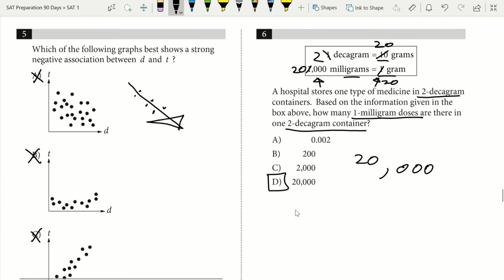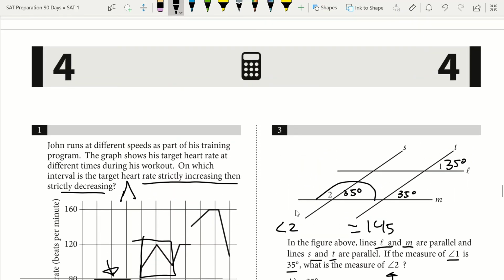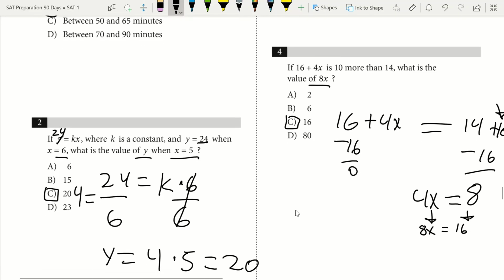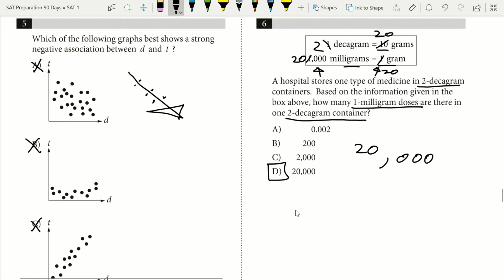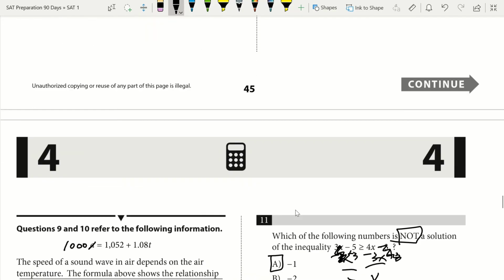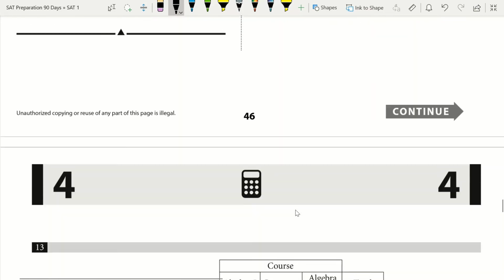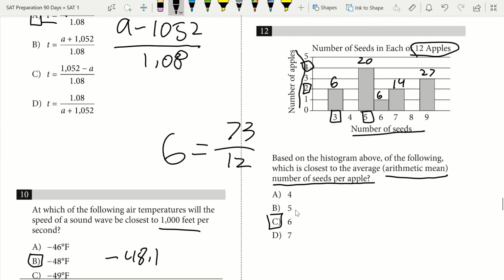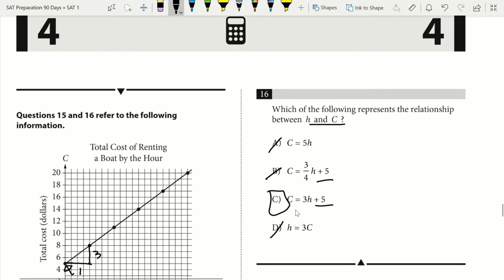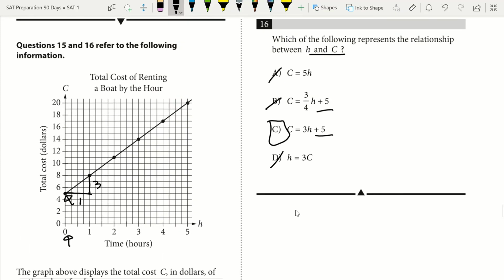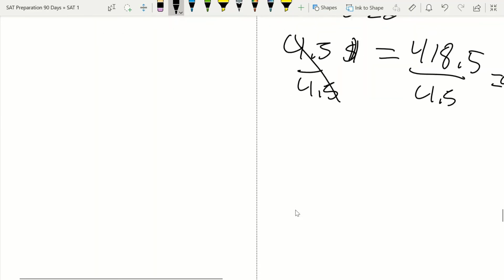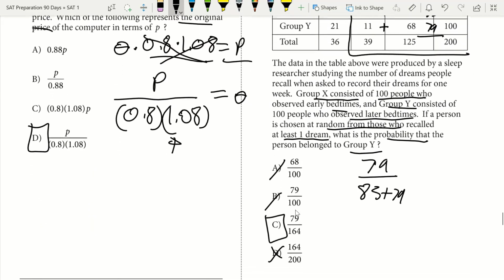So what I'm going to do is check that bubble sheet. I'm going to go ahead and account for that time right here. Okay, so I'm going to have 1B, 2C, 3D, 4C, 5D, 6D, 7C, 8D, 9A, 10B, 11A, 12C, 13C, 14C, 15A, 16C, 17B, 18A, 19B, 20D, 21C,